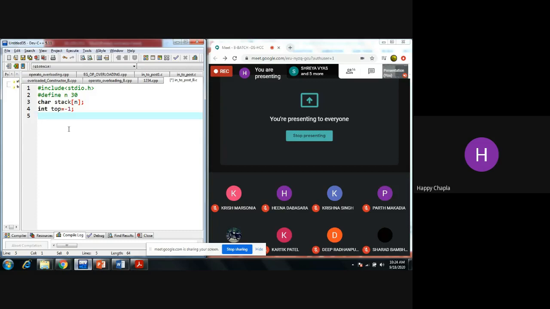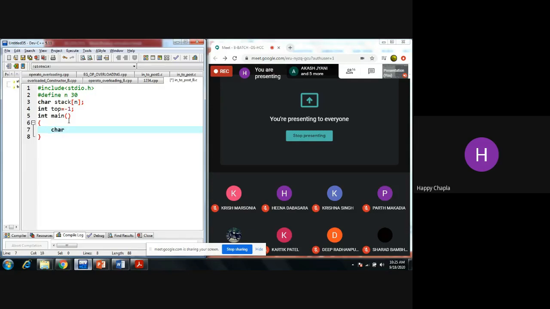Okay, so here what we are doing, from main I'm taking the elements, or you can say the values, from the user.